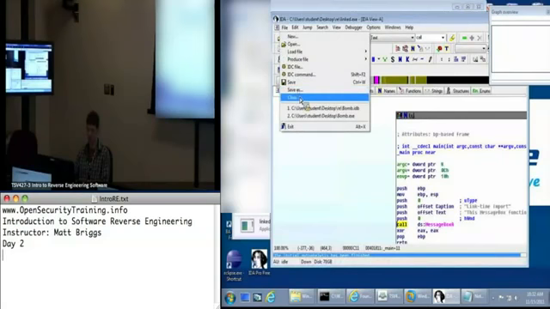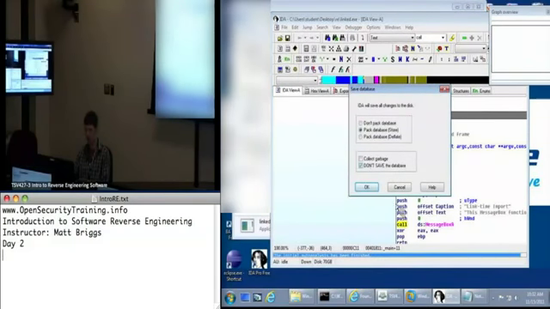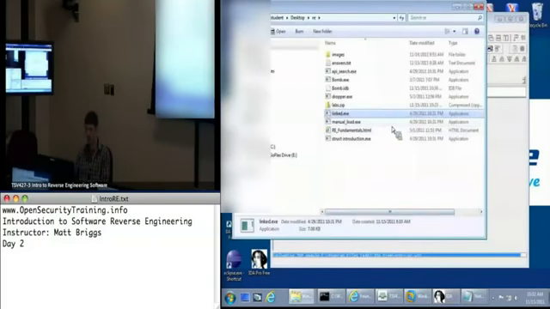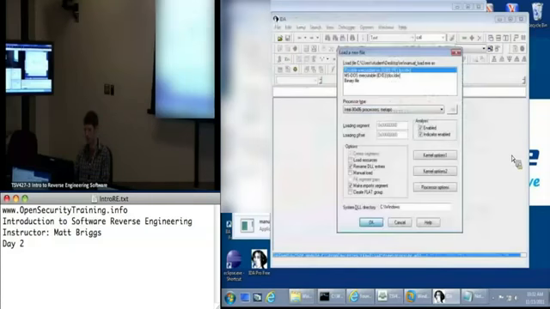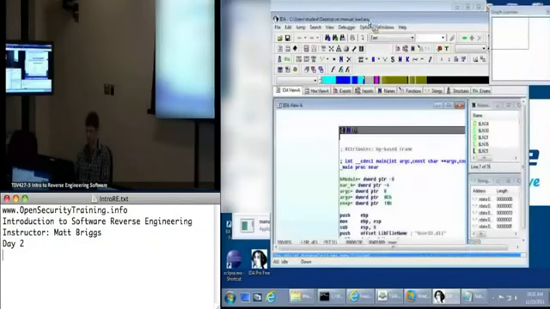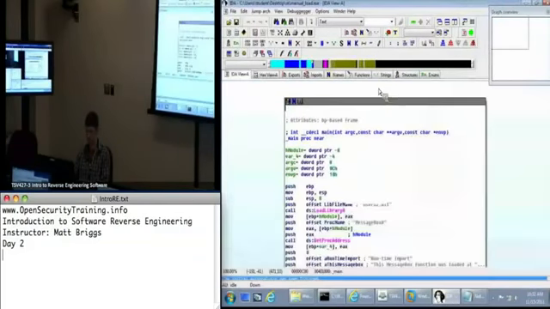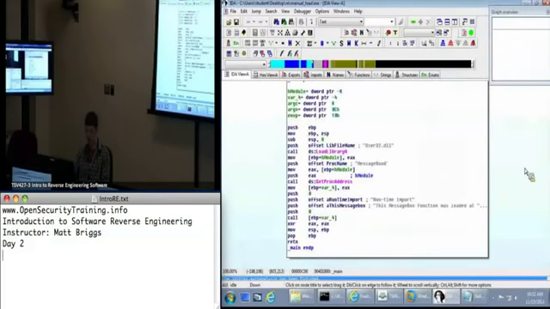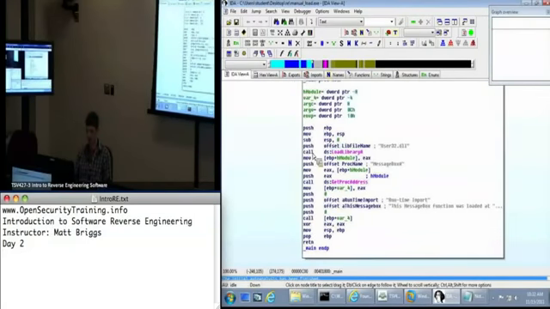So I'm going to go ahead and close that. I don't care about saving it, so I'm going to say don't save. And I'll load manual load here. Now this one's a little bit more complicated. Still not a very taxing program to look at, but you can see we've got this call to LoadLibrary,